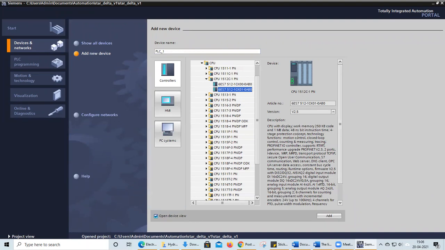The description of the CPU is provided here. You can read it, how many IOs are there. Everything will be available here. You add the CPU. It takes a small amount of time.